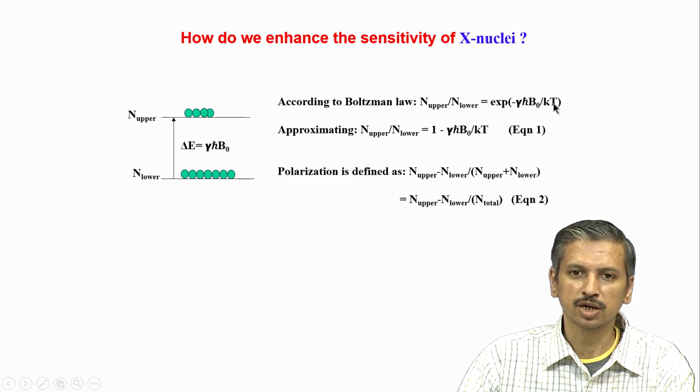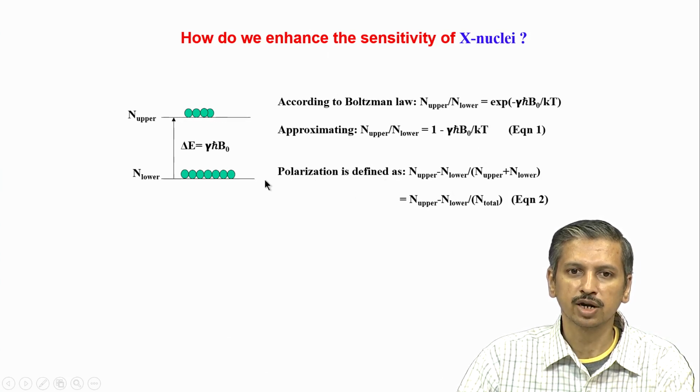So, in mathematics, whenever you have an exponent which is very small, we can approximate like this. This is something coming from basic mathematical principles: when the exponential of a number is very small, e raised to minus x, where x is small, can be written as 1 minus x. So, x is this factor here.